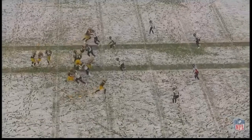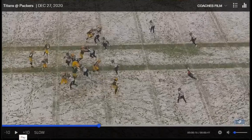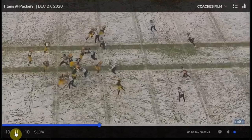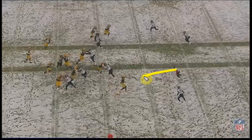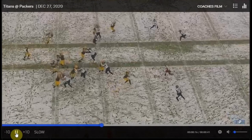All right. I personally would probably be looking inside, but maybe by their rules, he's not supposed to. So I'm pretty happy with this. You're going to see right here, now he's sitting down. He's thinking, all right, who's going to come? I'm going to wait for whoever's coming. You don't need to be too aggressive here. And he notices that the safety, I think it's Byard, he's coming down. Okay. And then now he's making that decision of, okay, I'm going to block him because he's the most dangerous